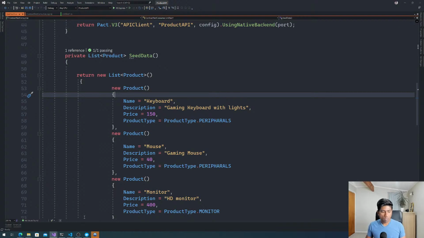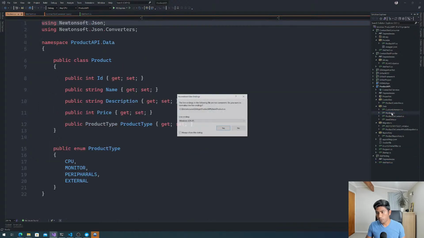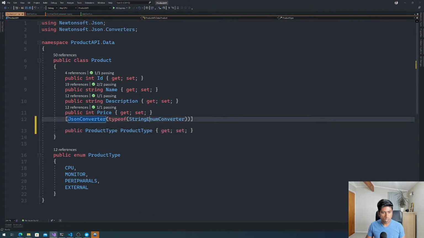I've already written the code, so I'm just going to mimic as if I'm a developer who is going to fix this particular problem. So all I'm going to do is go to my Solution Explorer here, and go to the product API, and I'm looking for, okay, so this guy is returning me 2, which is not quite ideal. So I'm going to go to the products over here, and I'm just going to change the product type by using the JSON converter,